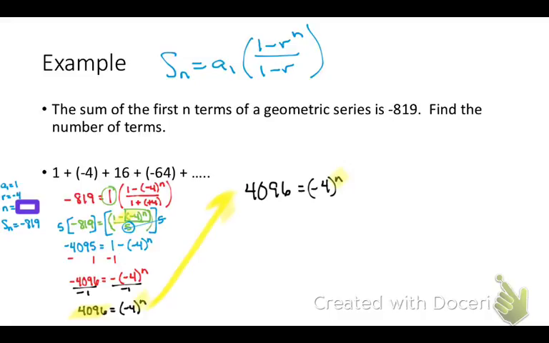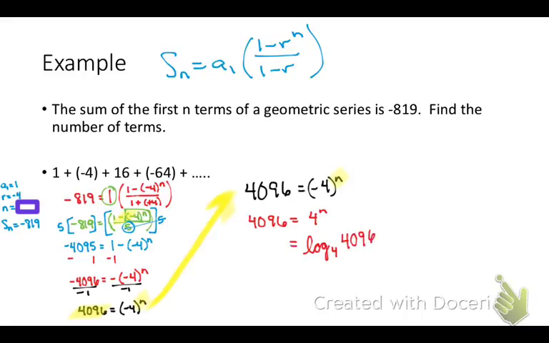Because if it has to be even, isn't this right here just the same as 4,096 equals 4 to the nth power? Since it has to be even, isn't it going to work to be the same thing? Yeah. Okay, so you have to know your power rules, because I can't take a log with a negative base. All I'm going to do is rewrite it as a log. So if I go log base 4 of